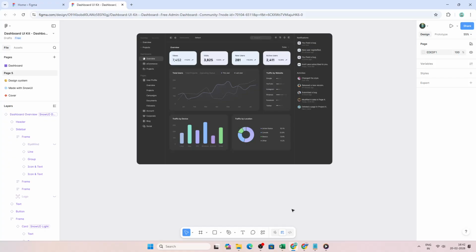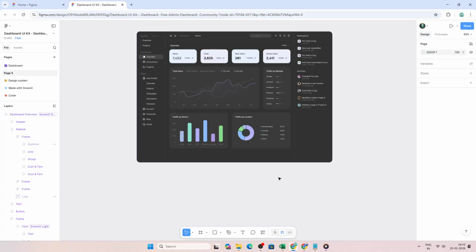Toggle Dev Mode or press Shift+D to switch it on. You'll notice the interface shift into a developer focused view. Next, click the annotation icon in the top toolbar, or press Shift+T to activate it. Now click the layer you want to describe. This attaches your note directly to that specific element, which makes it easy for teammates to understand exactly what the